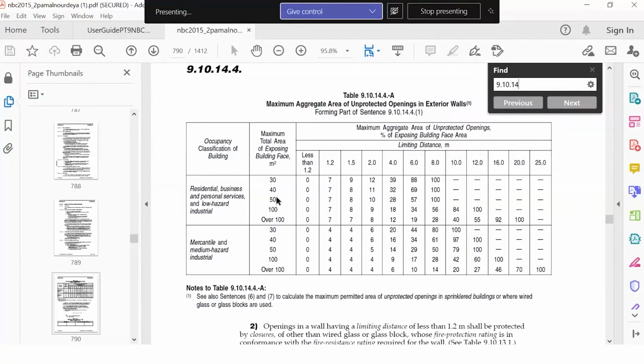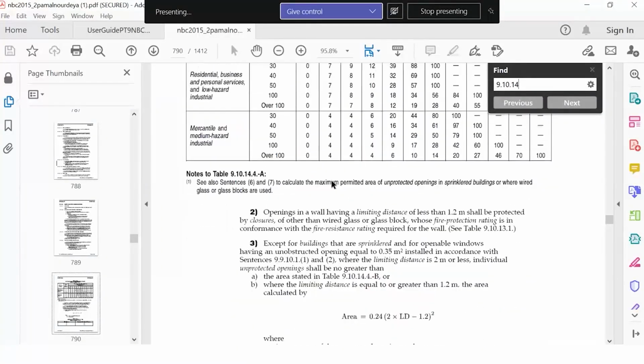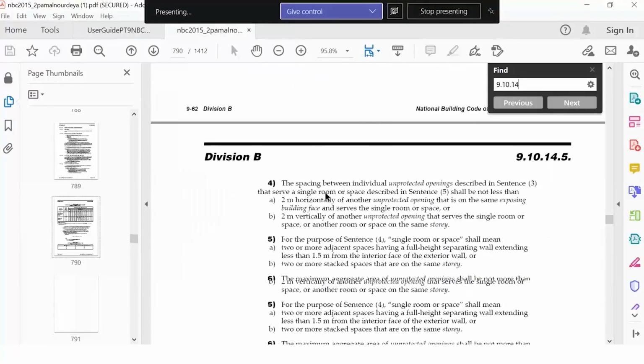So the maximum exposing total area of the exterior wall, you do it for each exterior wall. And you look at the limiting distance, so the distance to either your imaginary property line or to the property line. And that's your limit. The maximum here is up to 1.2 meter, so 1.2 meter or less. And you've got an area of 30 square meter exposing face, so you're permitted 7% of maximum unprotected opening. Based on that, you come to